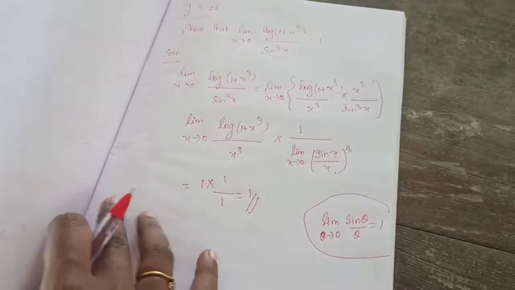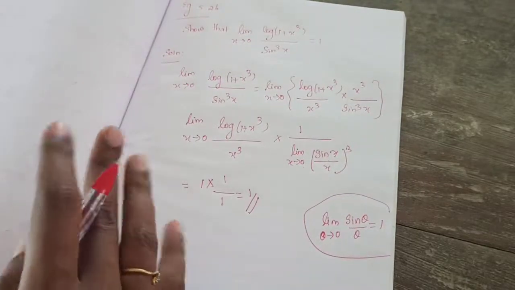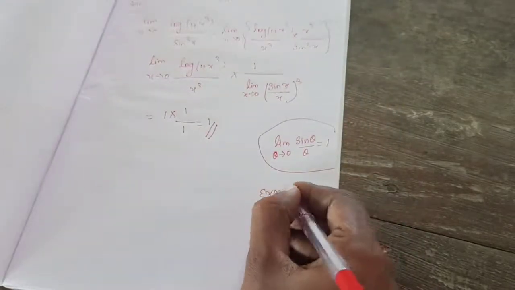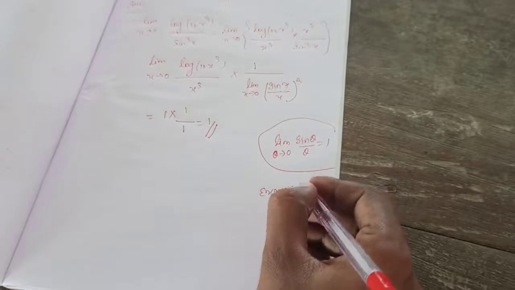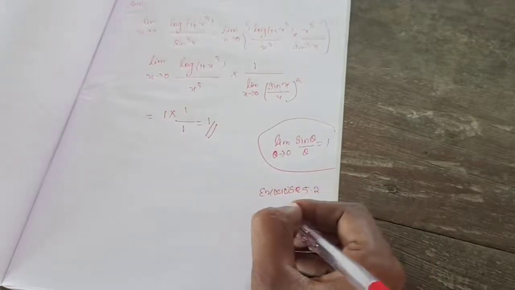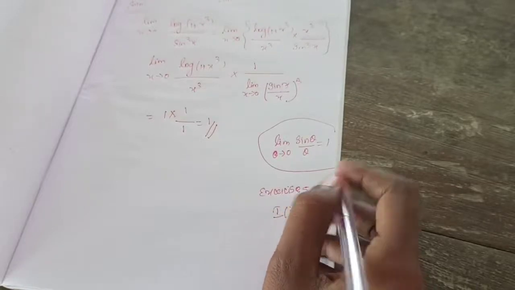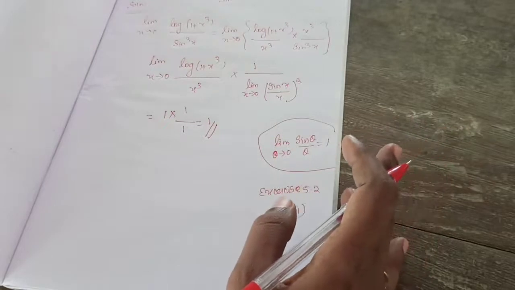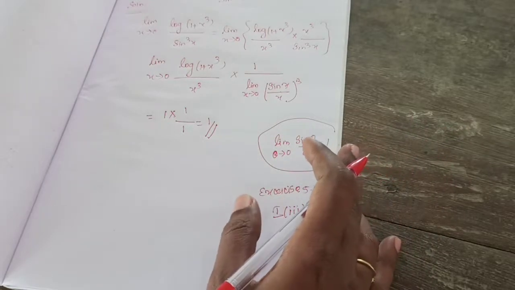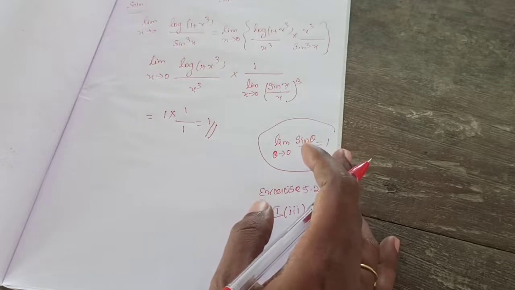Okay. Now, exercise. I hope all of you completed. Then third problem, homework. Take down the homework. Exercise 5.2, first Roman, third problem is your homework. So I think in exercise first Roman all the problems are over. Then 4 problems are left. That one we need to do. Okay, so take down. Exercise 5.2,